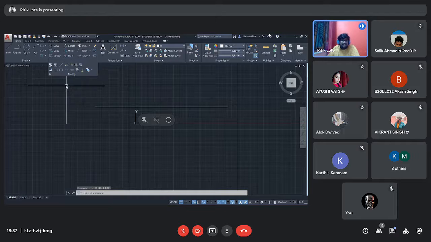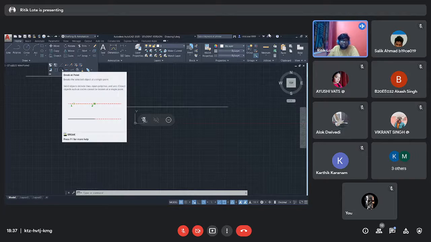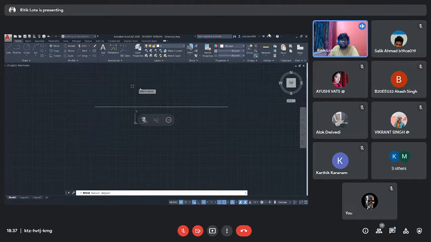Again, on the side of break command is break at a point. Suppose you want to, like Aishi already explained to you the use of trim command, suppose you are using trim command and you want to trim only this much section of that particular line, but you are not able to trim it.